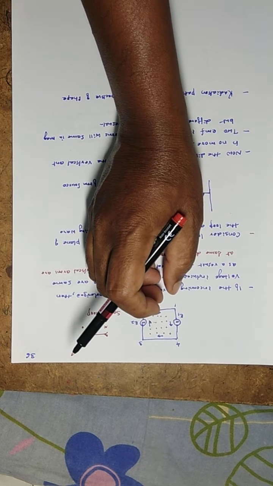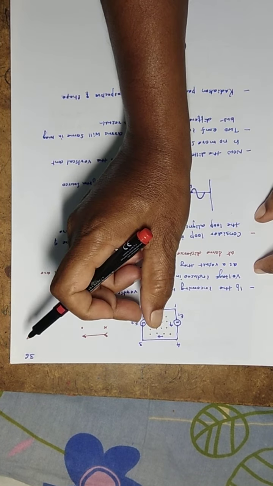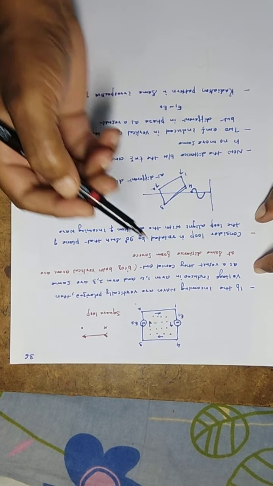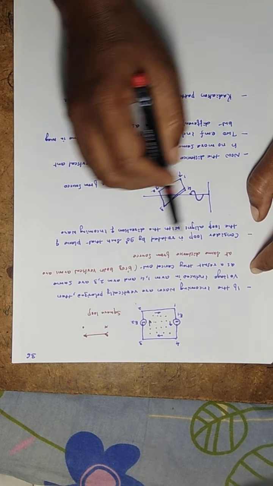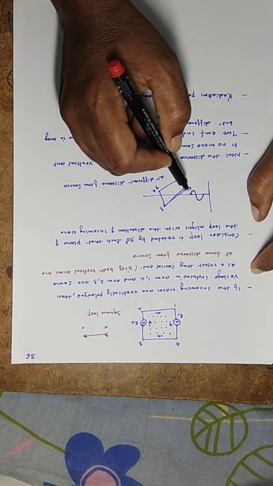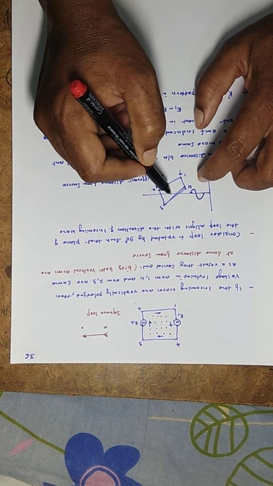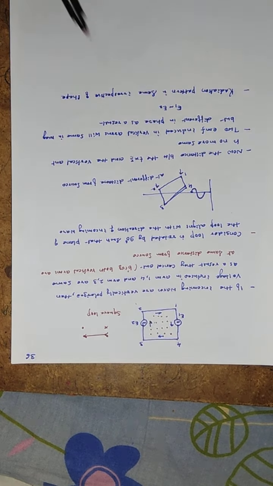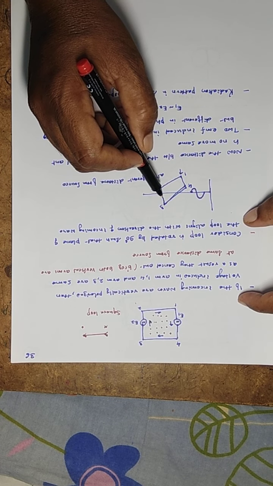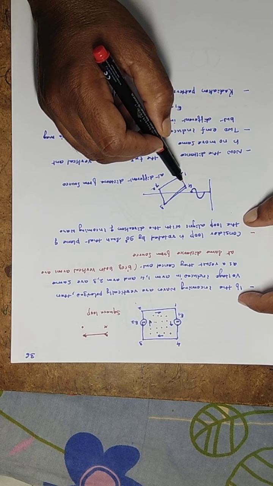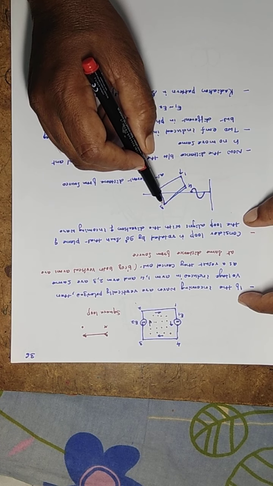What I will do is tilt this square by 90 degrees, and the EM waves are coming in the same direction. Consider a loop rotated by 90 degrees such that the plane of the loop aligns with the direction of the incoming wave. This is not exactly perpendicular to the incoming wave; there is some tilt. Because of that, the induced EMF will be different, because this arm is at a farther distance than this one. The distances of arms 1 and 4 and of arms 2 and 3 are different.